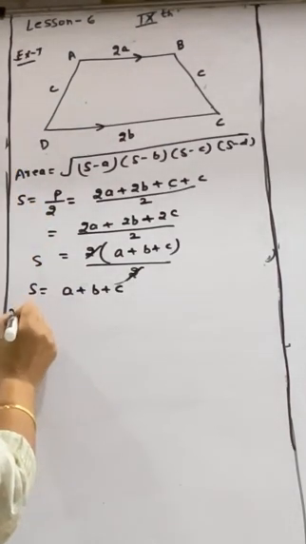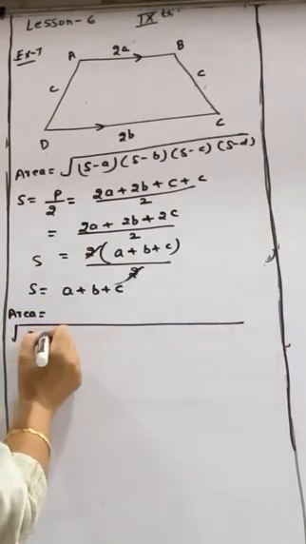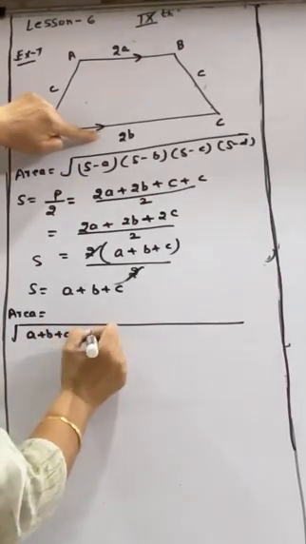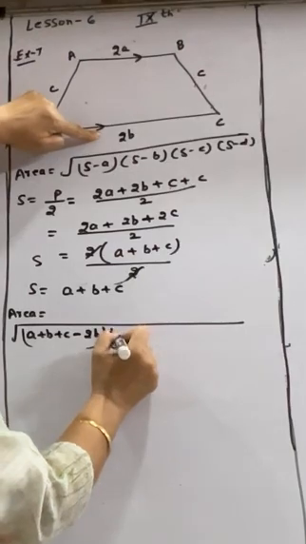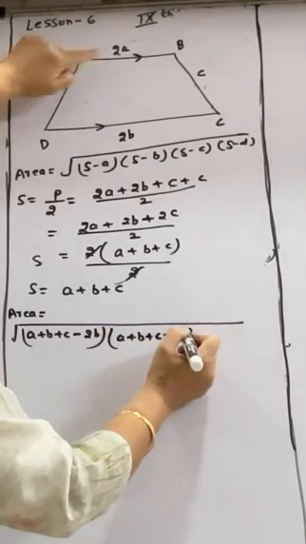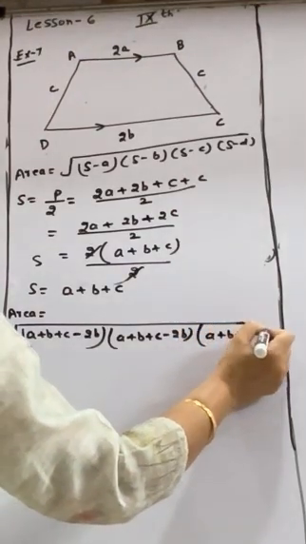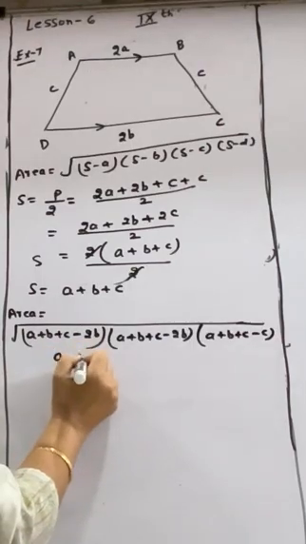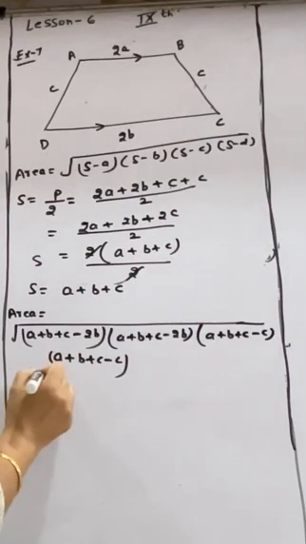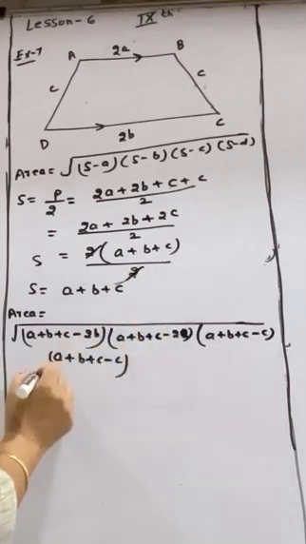Now use the value of the semi-perimeter in the formula. So what is your area? Semi-perimeter and subtract the first side. Let us suppose I am starting with 2B: semi-perimeter A plus B plus C minus 2B, right? Again, this is 2B, A plus B plus C. What is the third side? C: A plus B plus C minus C. And what is the fourth side? The fourth side is also C. This is your 2A, sorry, and one is 2B, right?